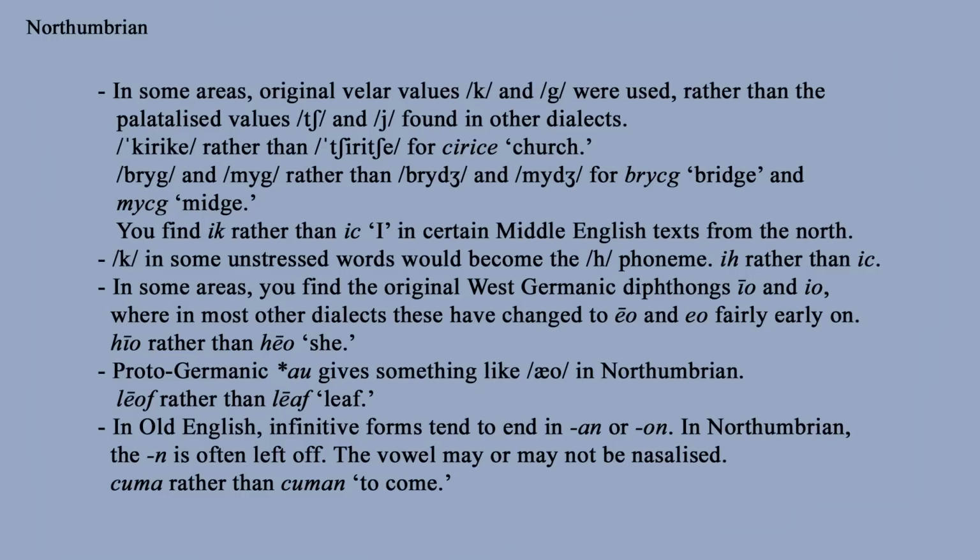In Northumbrian, rather than the short and long diphthongs "eo" and "io", you're much more likely to find the more archaic versions of these diphthongs, "ea" and "ea", which were widespread in the early Old English period and then changed later on. So instead of "heah", you'd get something like "hea".